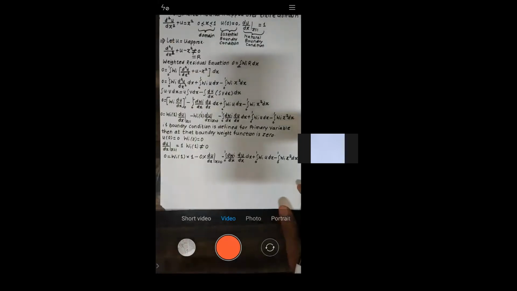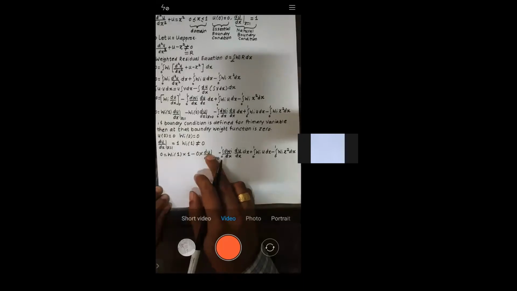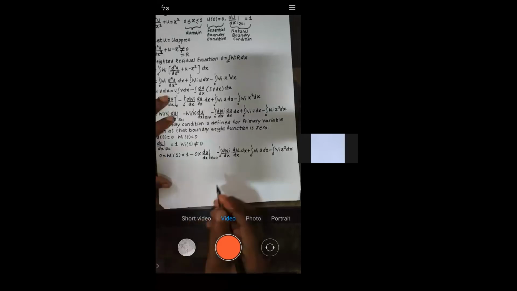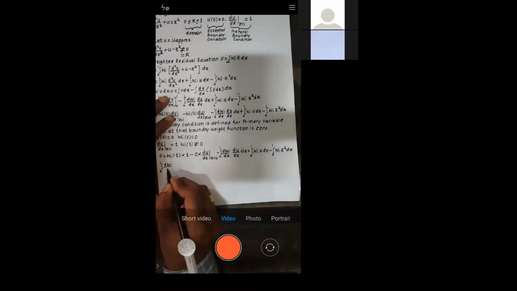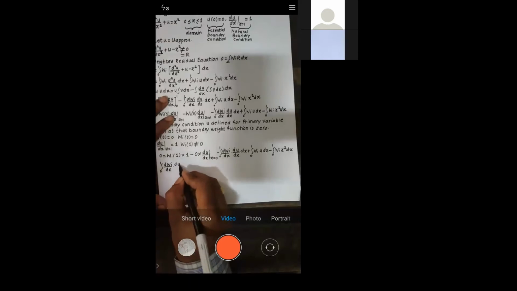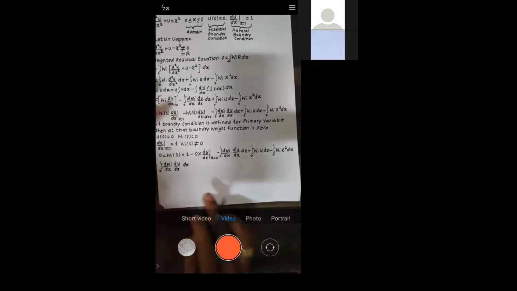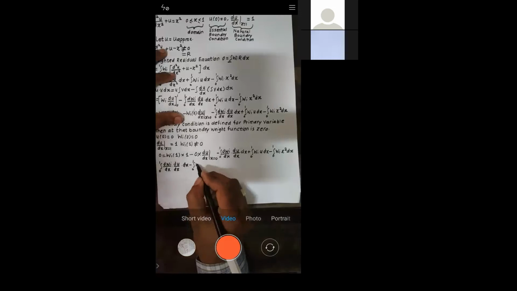Now see what I'll do. This is 0, right? This is 0. So I'll just take these two terms on the left hand side. Let's see what I'm getting. So I'll get integration 0 to 1 dwi by dx into du by dx into dx. See this minus, I will take it on the left hand side, it becomes plus. Then this plus I'm taking here, so it becomes minus, so minus integration 0 to 1 wi into u into dx.